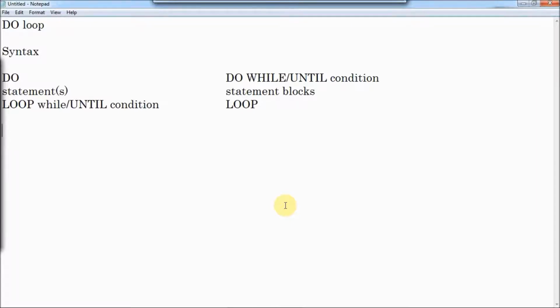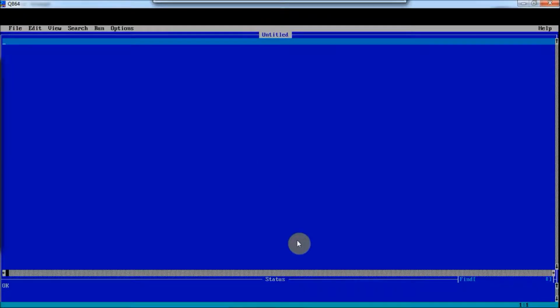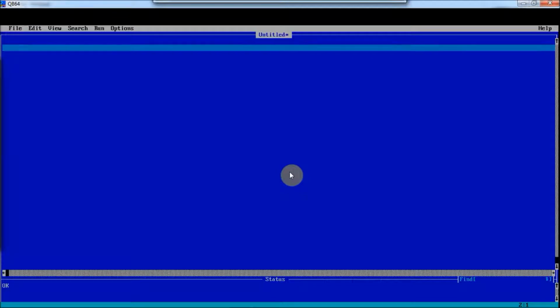It will be easier for us to understand with the help of examples. Let us first try the while one, do while loop or do loop while. For that, I'll start QBasic over here. Here I have the QBasic window. As in the syntax, I type over here do while.